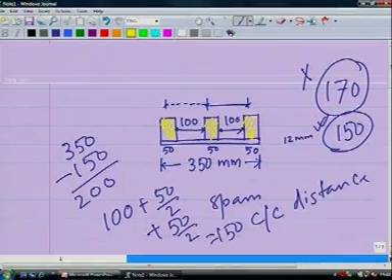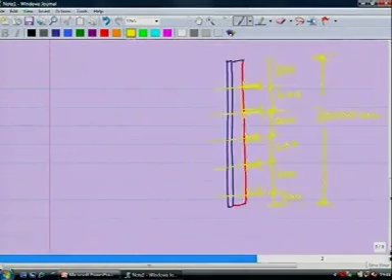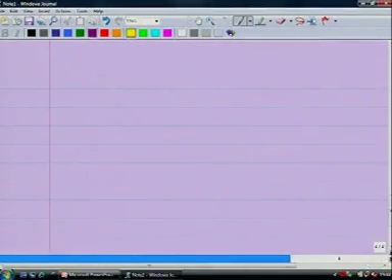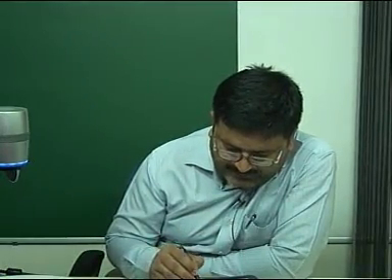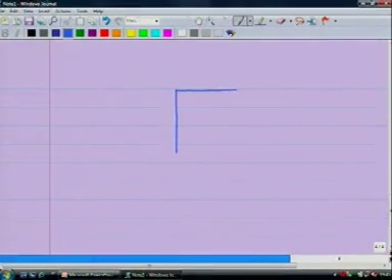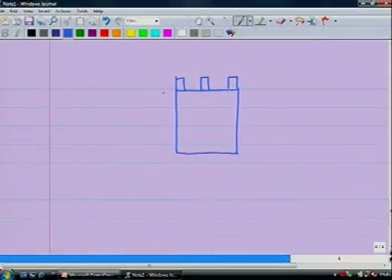Now, I will do it in the next sheet. Suppose you have this as 350 by 350. This is 50, this is again 50, and then here also you have, we draw it for this side also.